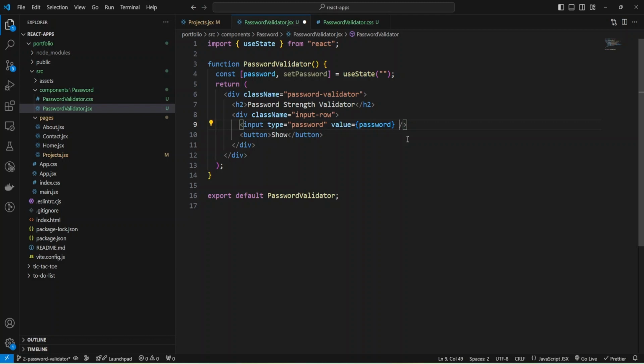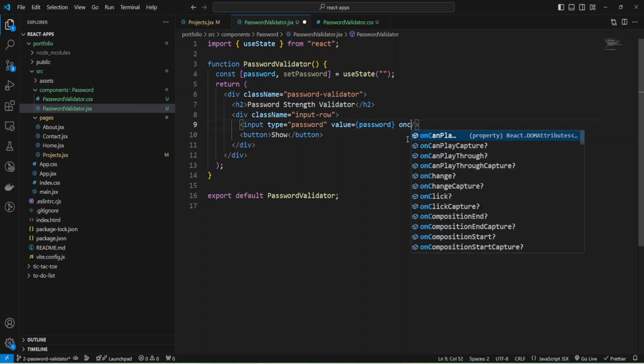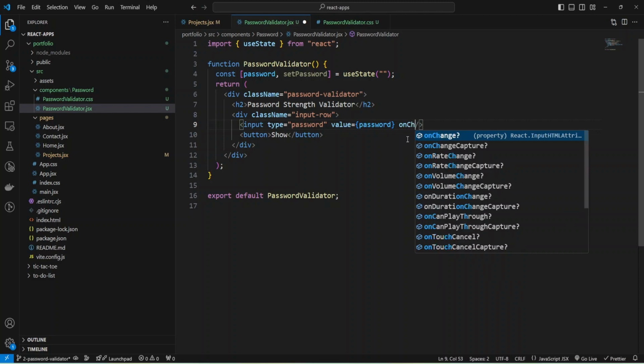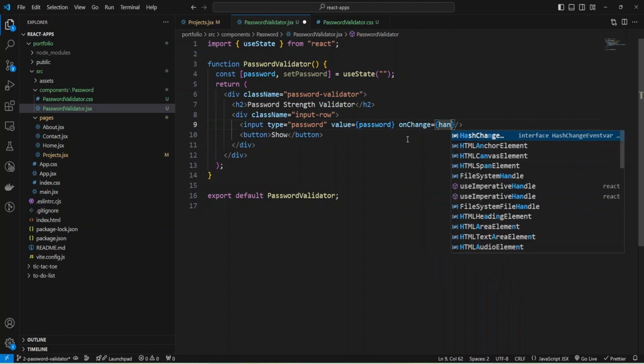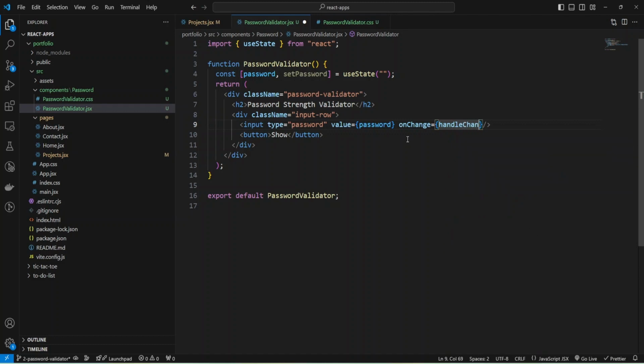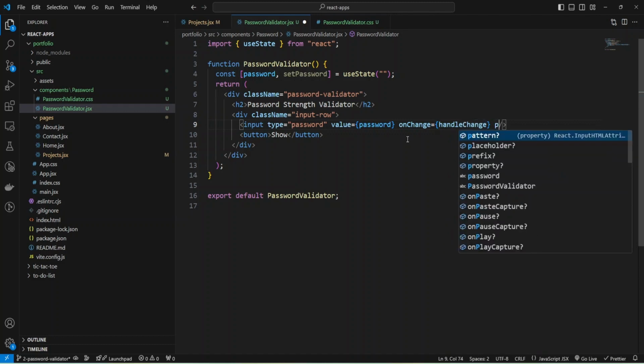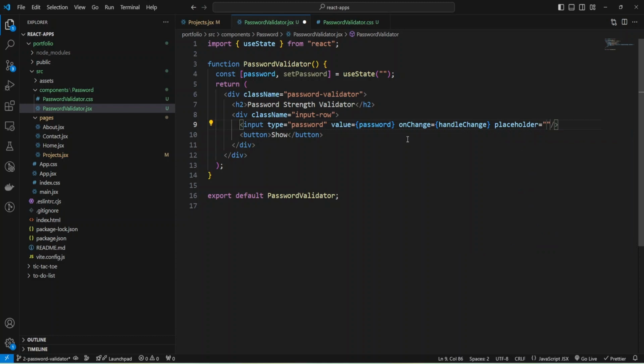And also I can provide some change handler, and I'm going to implement function handle change, and so I can provide placeholder to display some text while user hasn't typed anything, your password.